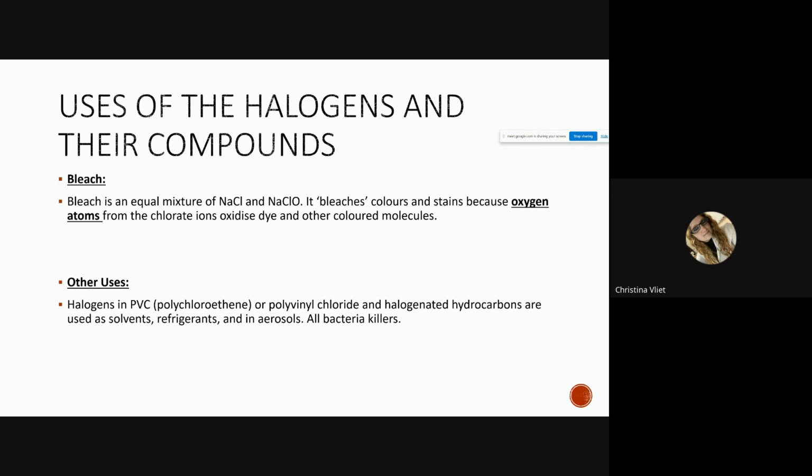Oxygen's being a menace again in bleach. Some people use bleach for their hair, but you should be aware that if you bleach your hair, it really messes it up because you're putting free radical oxygen again in your hair. So it does mess it up. And that's why if you do bleach your hair, you need to use a lot of conditioner, a lot of good products, to make sure that your hair isn't weak as a result. I know my mom used really cheap products and she bleached her hair her whole life. But